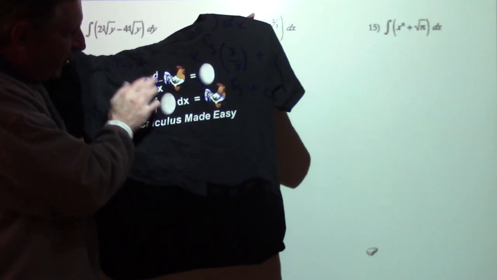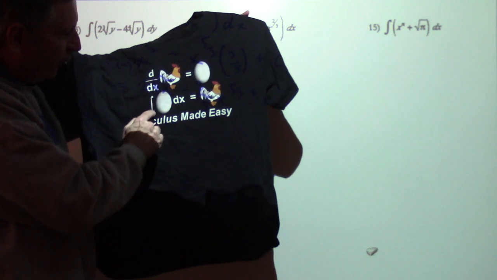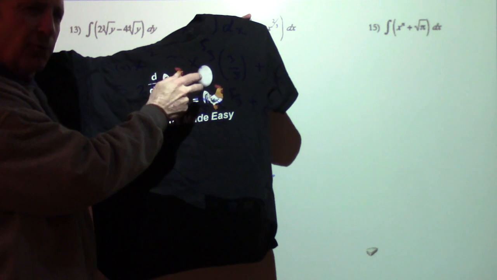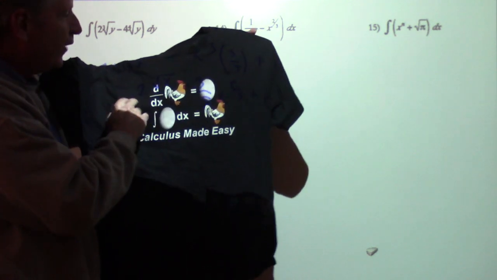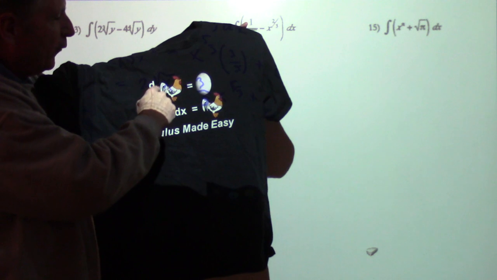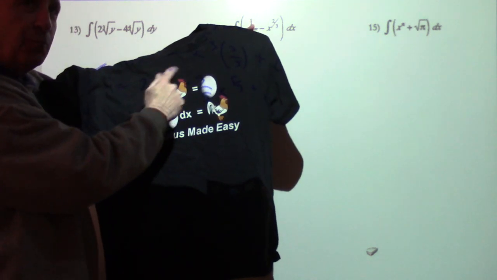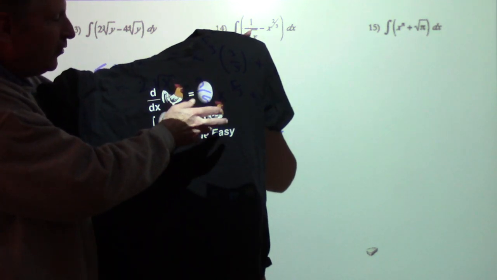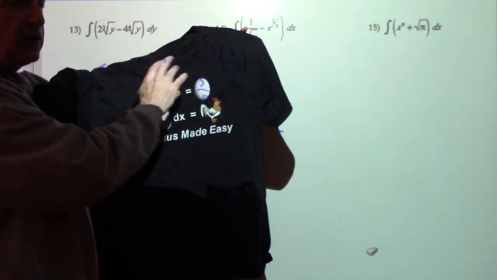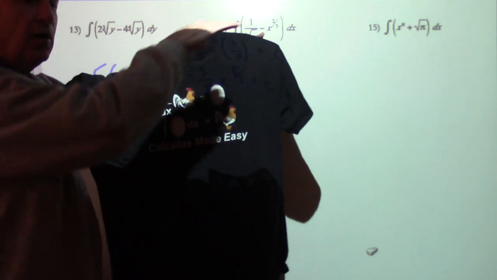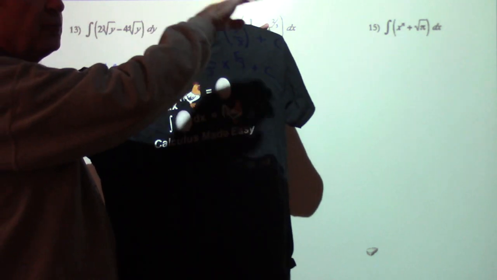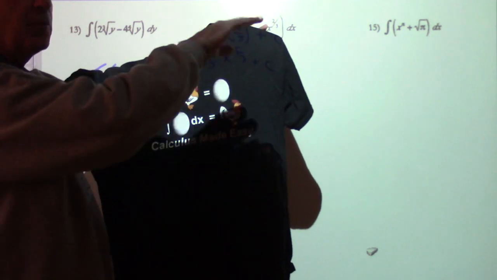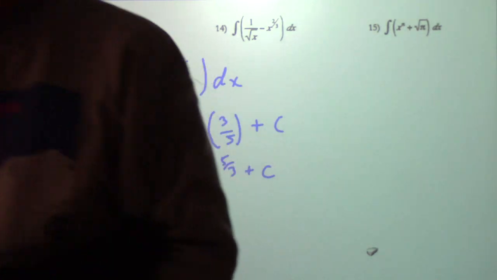So there it is. The derivative of chicken is egg, and the integral of egg dx is chicken. So it's an inverse sort of relationship to each other, right? And so that's what we're doing. So we've progressed from differential calculus mostly to what we call integral calculus. And it's the relationship between the two that we're trying to accomplish, and where they are in the hierarchy of f of x, f prime of x, f double prime of x. And you can go up and down between them. That's exactly what we're doing.